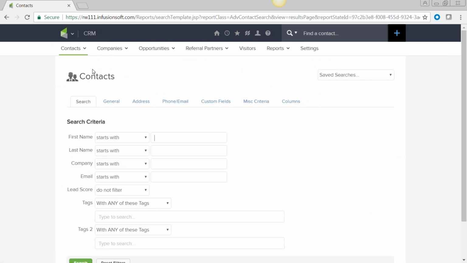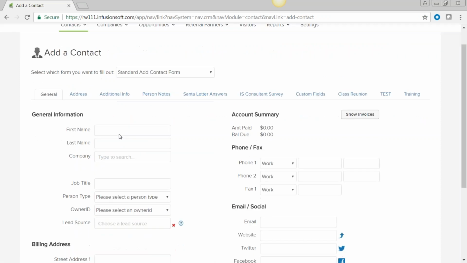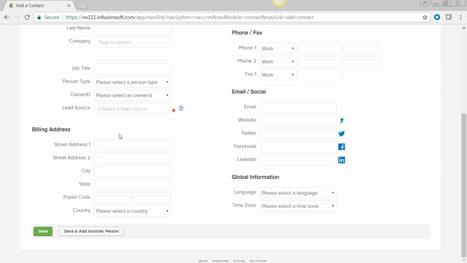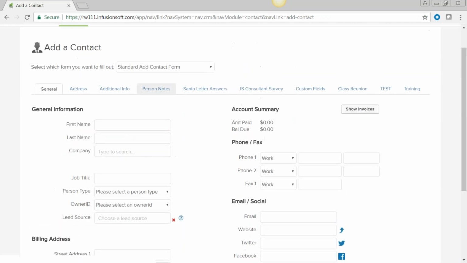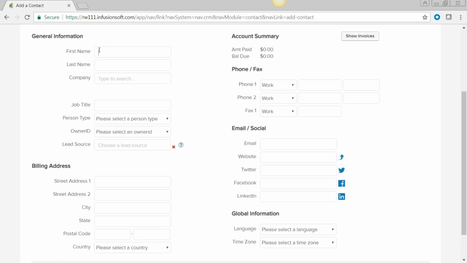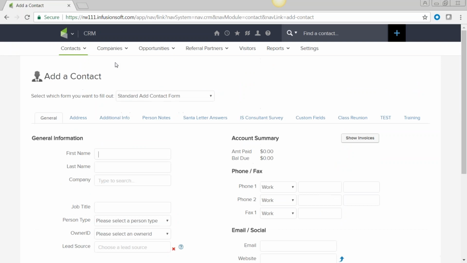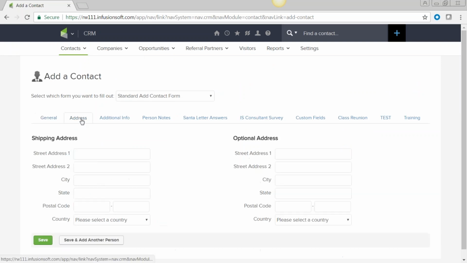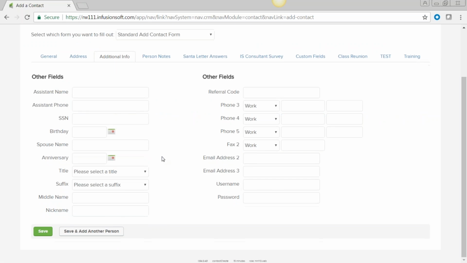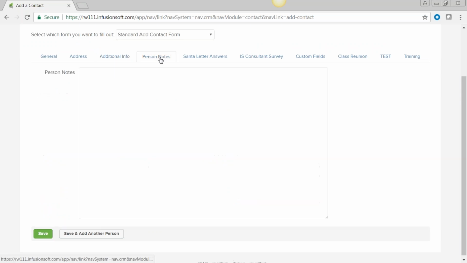Now we need to add a contact from this specific area. So clicking under here, little drop down, add a contact. And it takes us to a half page and lots of information that we can add. Standard add contact form is what we're looking at. So we have all of their contact information, and we have a secondary address, a third address, additional information, person notes,